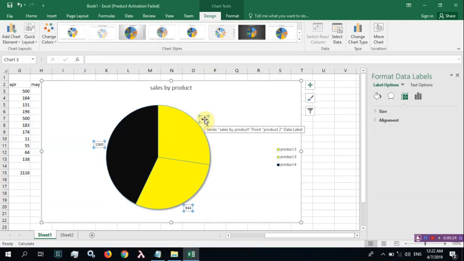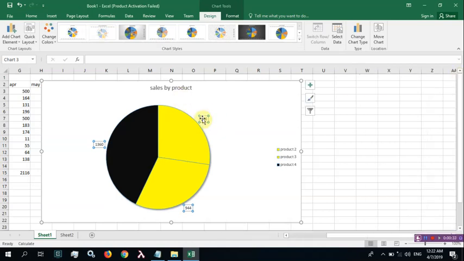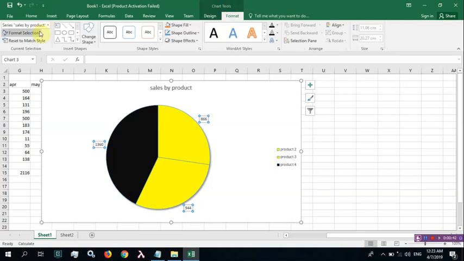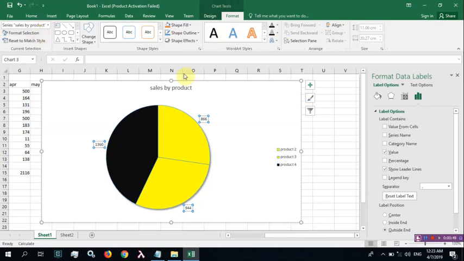Click on the data labels. Okay. And of course, how do you pop this out? Let's just X this away. Once you have this selected, you can come over to chart tools under format selection, and the selection is data label for now. So with data label selected, you can see that over here